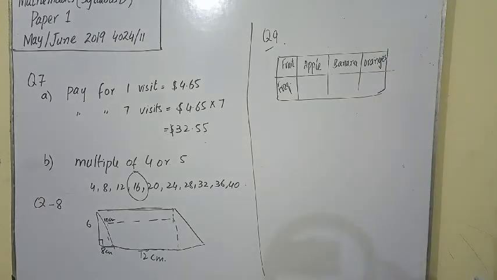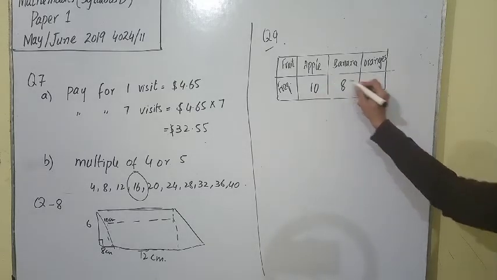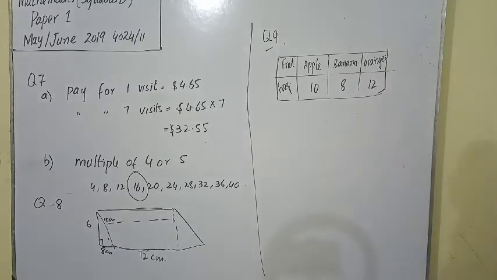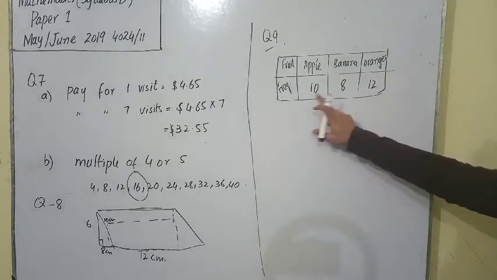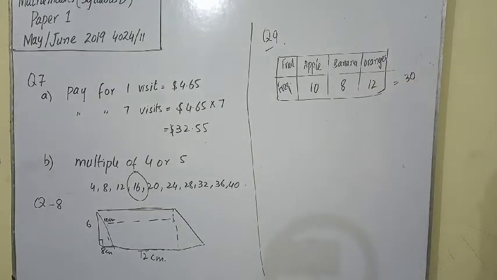In the question, it is repeatedly written orange, apple, banana. We will count how many apples, bananas, and oranges there are. I have counted the number of apples written in all the columns, that are 10. Bananas are 8, while oranges are 12. Now if we add 12, 8 and 10, we get 30. That is the total number of students that have shown their choices.